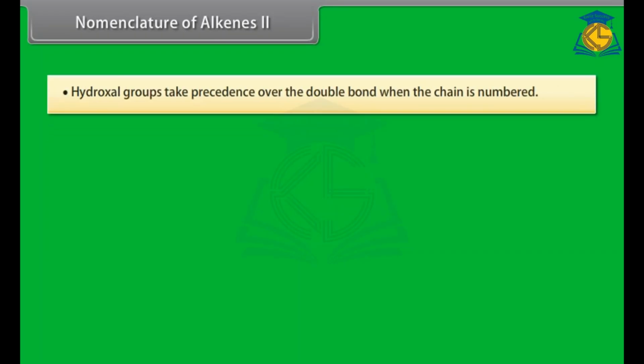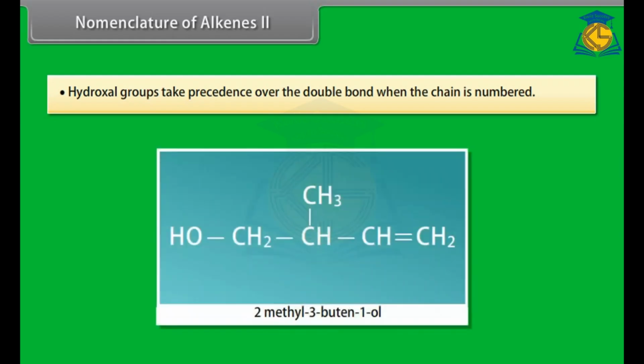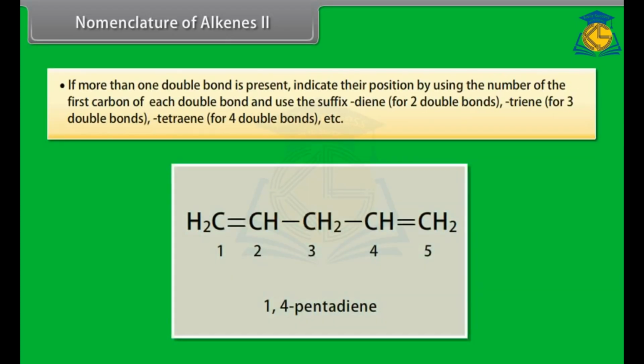4-bromo-3-methyl-1-butene. Nomenclature of alkenes. Part 2. Step 7. Hydroxyl groups take precedence over the double bond when the chain is numbered. This compound is 2-methyl-3-butene-1-ol. Step 8. If more than one double bond is present, indicate their position by using the number of the first carbon of each double bond and use the suffix diene for 2 double bonds, triene for 3 double bonds, tetraene for 4 double bonds, etc. For example,